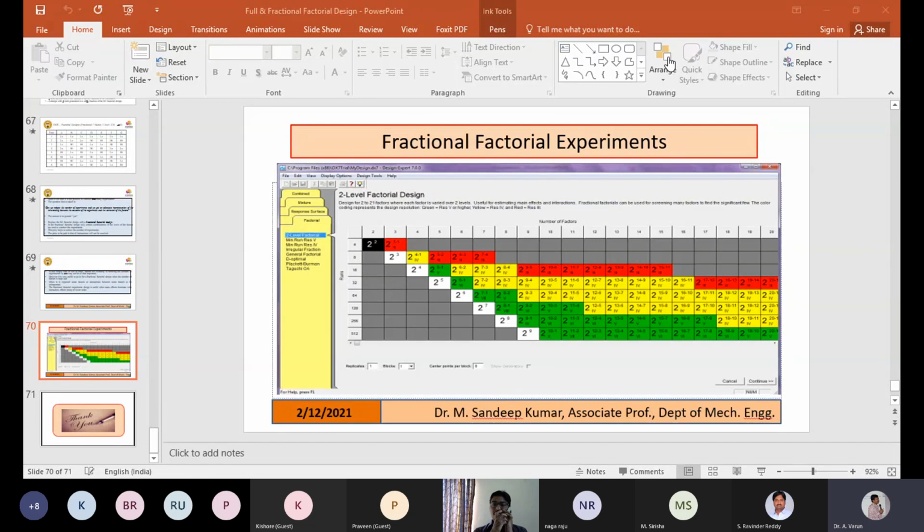In the afternoon session, please do join at 1:30, and there we will be discussing RSM. Again we will try to cover a similar type of case study with similar examples, so that you can have a complete picture of the one factor at a time approach, factorial and fractional factorial, and also RSM.